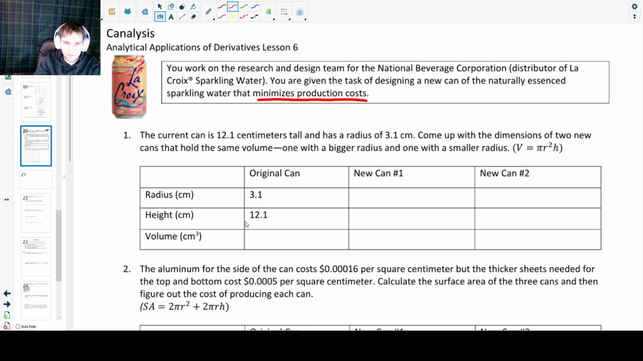Okay. First of all, let's go ahead and calculate this volume here. So we have volume of can is equal to pi r squared times h. So let's calculate what the volume is of our current can. I'm going to be doing it here on the side. So that is pi times 3.1 squared times my height, which is 12.1. So I'm coming up with the volume of the original can to be approximately